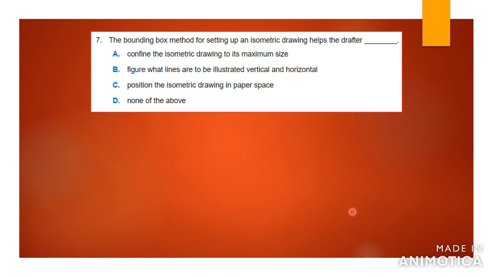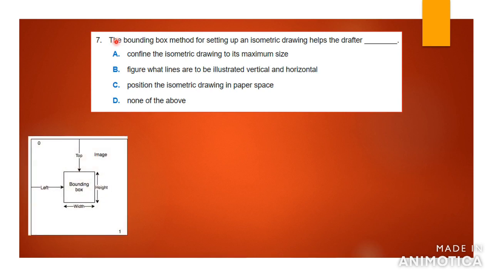Number 7 says the bounding box method for setting up an isometric drawing helps the drafter A. confine the isometric drawing to its maximum size, B. figure what lines are to be illustrated, vertical and horizontal, C. position the isometric drawing in a paper space, or D. none of the above. Okay, so a bounding box is the box where, let's say you have a unit and